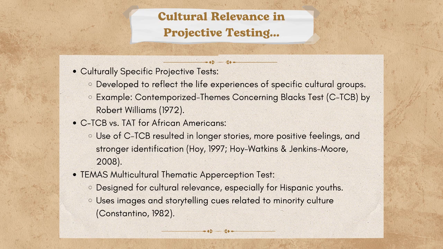When the CTCB was compared with the TAT for African Americans, it was found that use of the CTCB led to increased story length, higher degree of positive feelings, and stronger identification with the CTCB, according to research done by